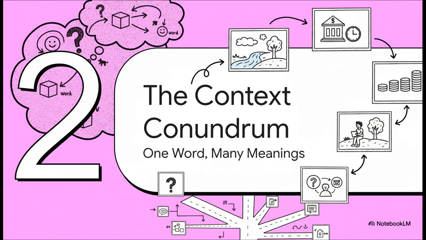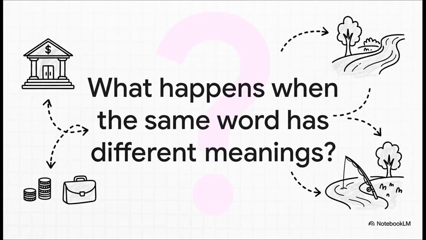But of course, that wasn't the end of the story. This incredible breakthrough led to the next big problem. See, these early models gave every word just one fixed meaning, one vector, no matter how you used it. And as any human knows, language is way, way trickier than that, right? I mean, think about a super simple word like bank. Are we talking about a place you put your money? Or are we talking about the side of a river? To us, it's a no-brainer. We get it from the context. But for an early AI, this was a massive, massive roadblock.